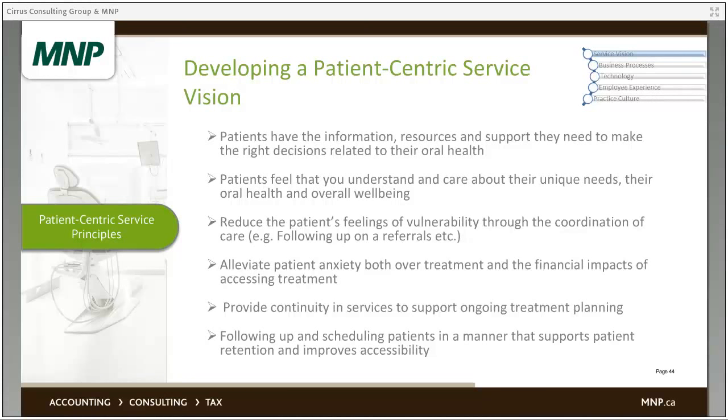So the first lever in building a patient-centric service experience is to develop a vision. A vision is key as it serves as the guiding principles. Some of the guiding principles around patient-centric service delivery include providing patients with the information, resources, and support they need to make the right decisions related to their oral health, ensuring that patients feel that you understand and care about their unique needs,